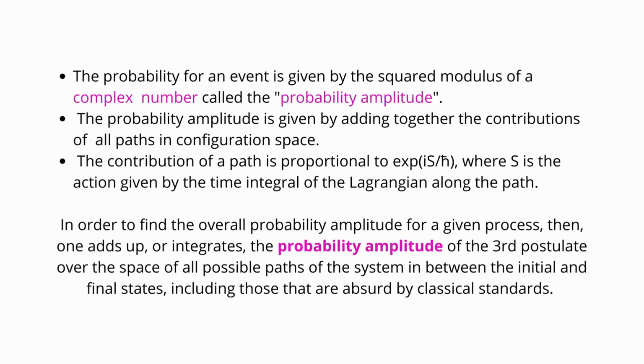And the contribution of each path is proportional to e to the i S, where S is the action given by the time integral. So this beautiful idea of a probability amplitude by Richard Feynman was introduced, I think, in the 1950s